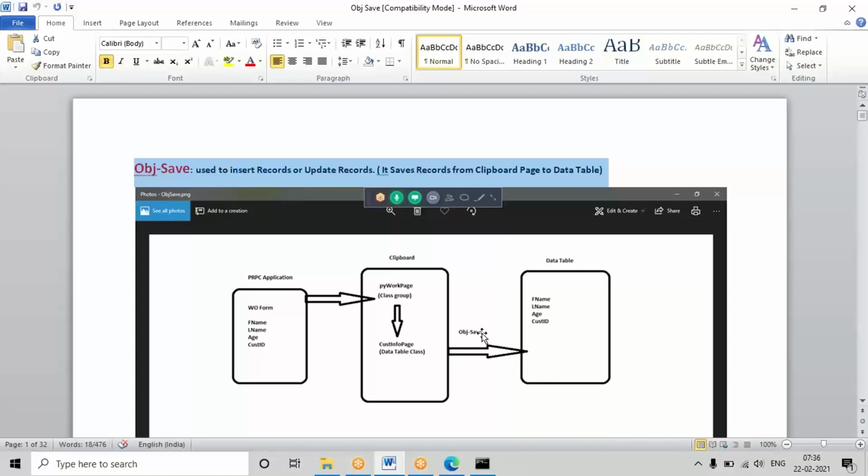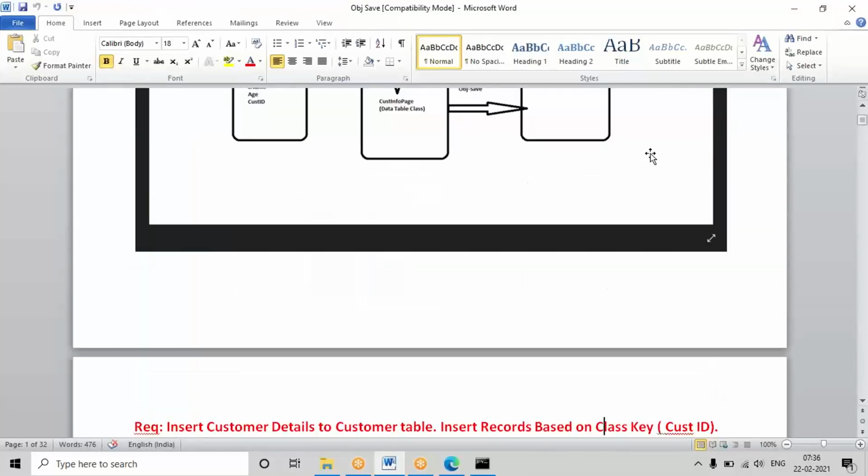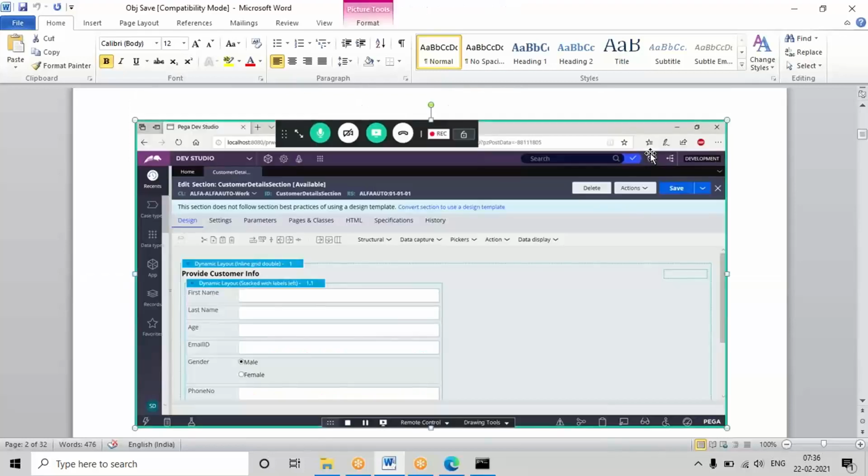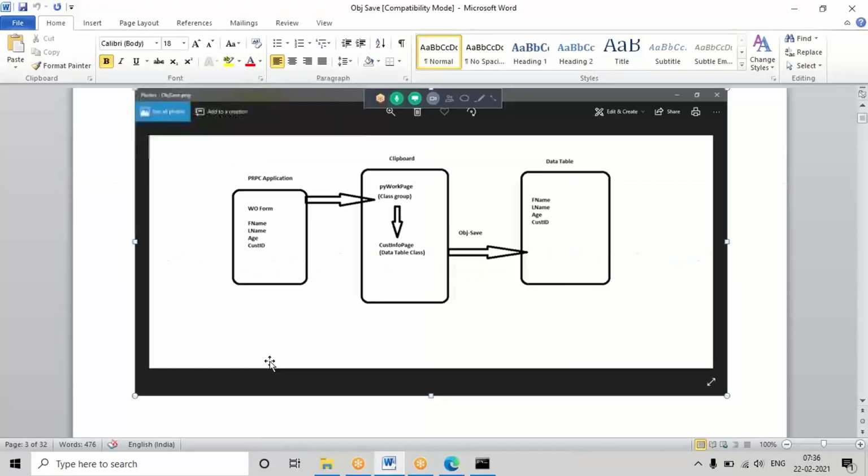Okay, so let's see how this functionality will work, that is how this method will perform. So I'm going to take an existing UI design, the customer design, but I'm going to choose only selected fields. In customer design there are many fields, but I'm going to do this exercise only for selected fields. If you want to do it for every field in your UI design, you can do it, guys, no issue, but here I'm only taking some selected fields and I'm going to map the data to the data type. Okay, see, the requirement is here.